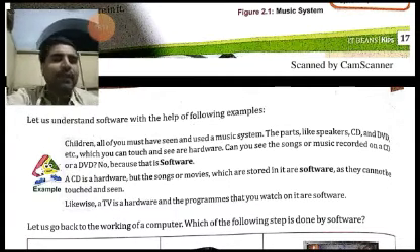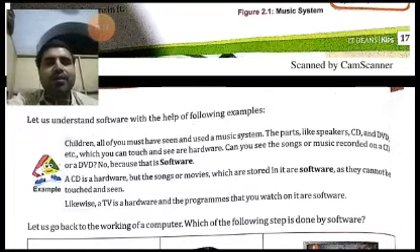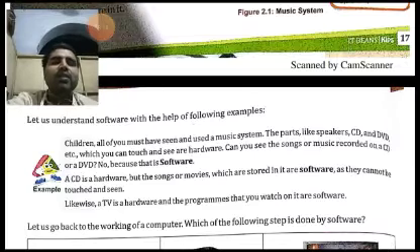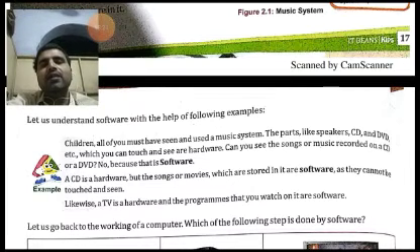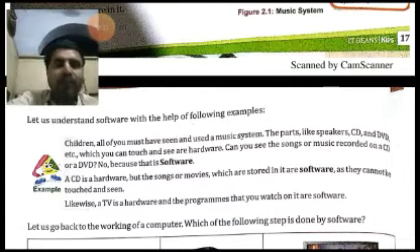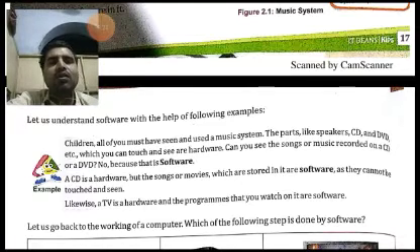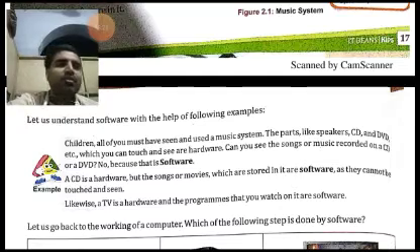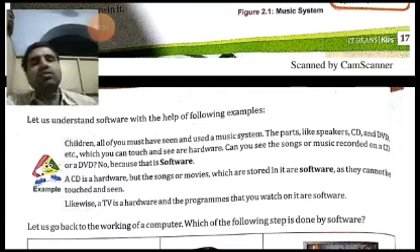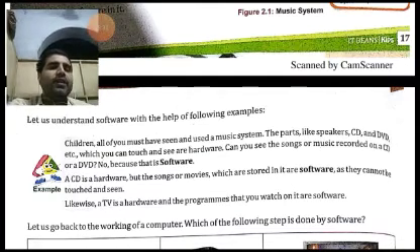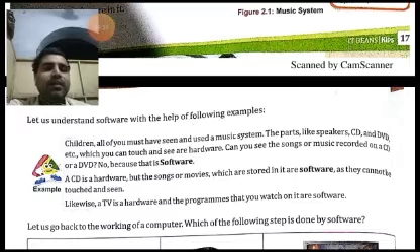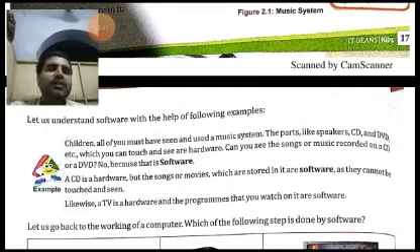We cannot see them. Why? Because these are software. Software we cannot see and cannot touch; we can only use it. A CD is hardware, but the songs and the movies stored on the CD are software, as they cannot be touched or seen. They can only be heard and felt.